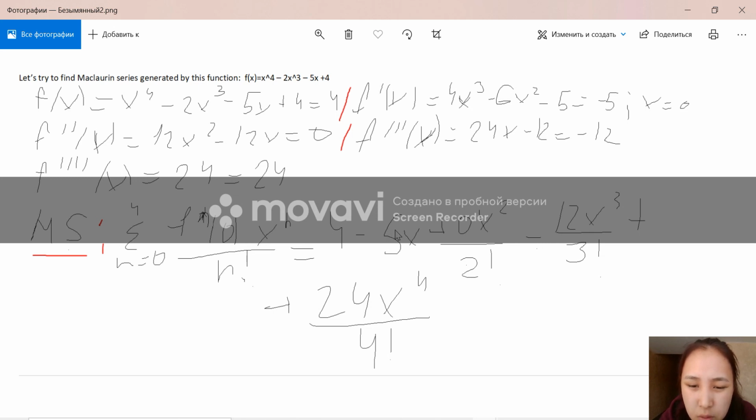Then minus 5x, because the first derivative of this function is equal to minus 5, times x from the formula,